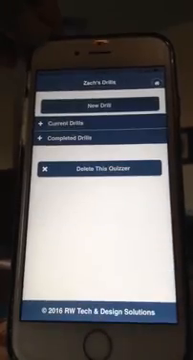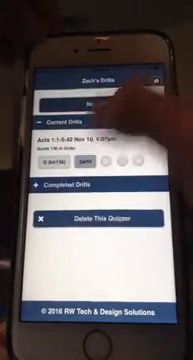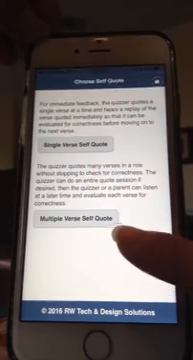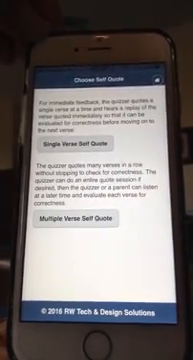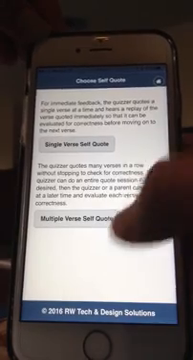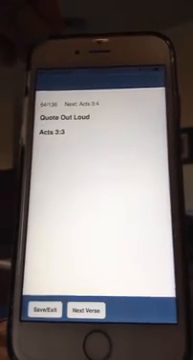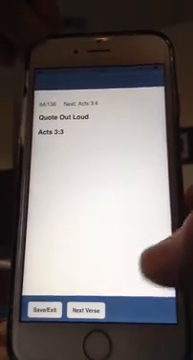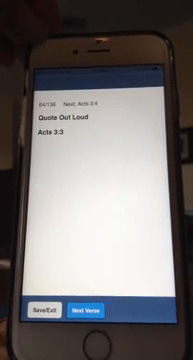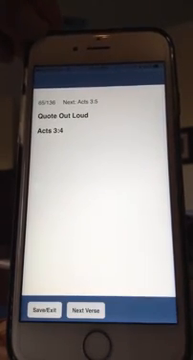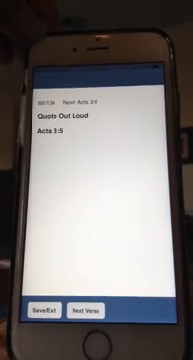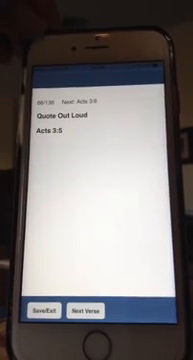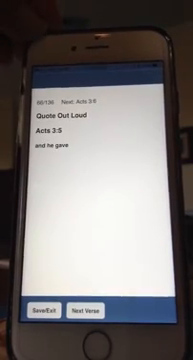Now let's take a look at what I call the multiple verse self-quote. What this will have the quizzer do is quote many verses without checking each one. So here the quizzer will quote Acts 3:3. Now the quizzer will quote Acts 3:4. Now the quizzer will quote Acts 3:5, and they will continue quoting as many verses as they would like in